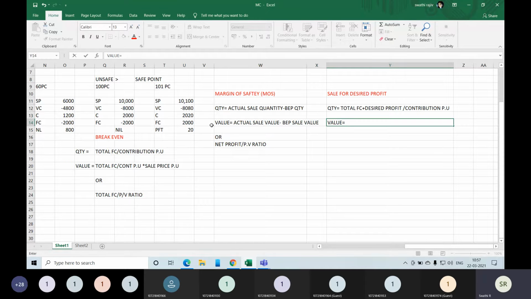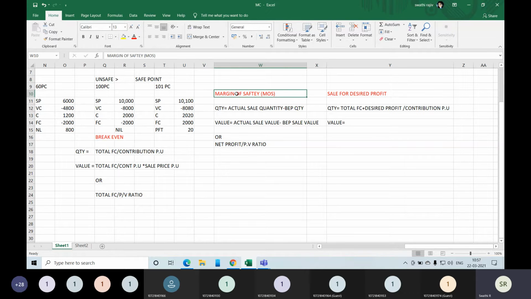It will change. It's not like when an organization is starting, if it is 100 pieces, its break even point will always remain the same. Then after maybe 5 years, your break even point will differ. Then accordingly, you have to change your margin of safety. Your unsafe and safe position will differ. Is that what you asked? Yes. Okay, so it will differ according to economic conditions as well.